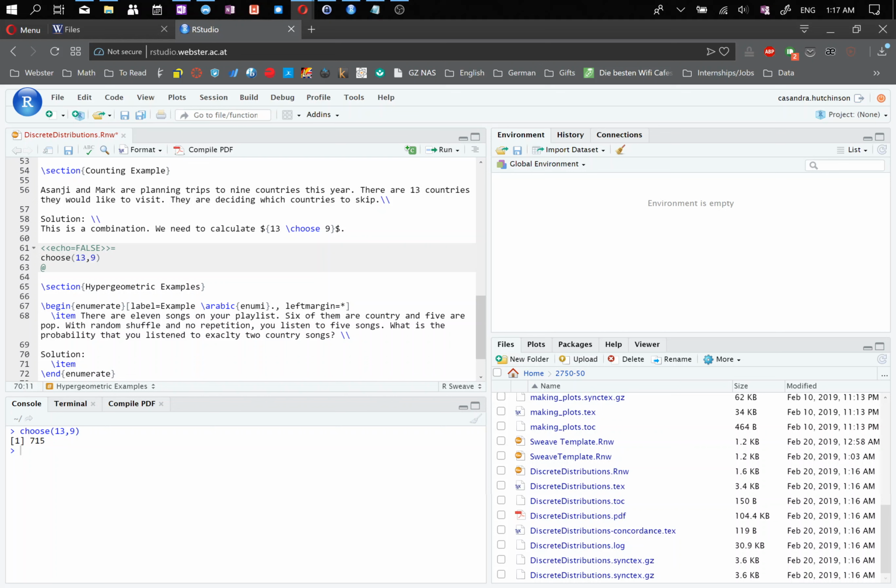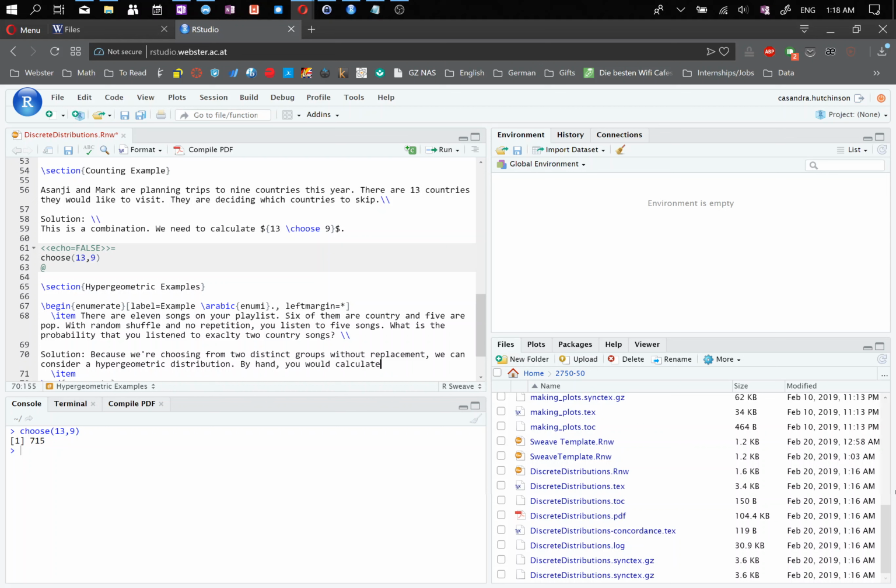So solution, well, from like one broad category, which are songs in my playlist, I'm choosing songs, but from 2 smaller categories. So we have here that we are choosing from 2 distinct categories without replacement. So it is the hypergeometric distribution. And I said that because I also typed it. I need you to be able to calculate these by hand. You're going to need to do them by hand, but also to do them in R. So by hand,